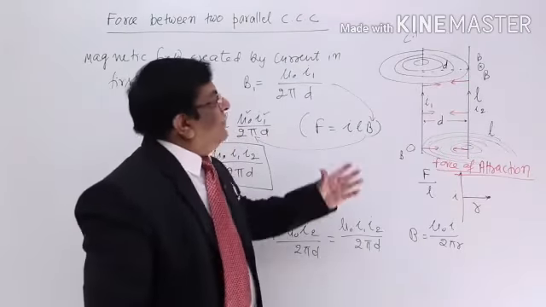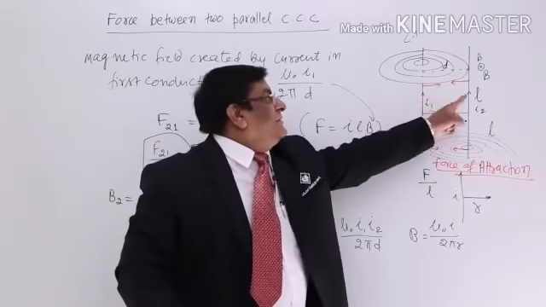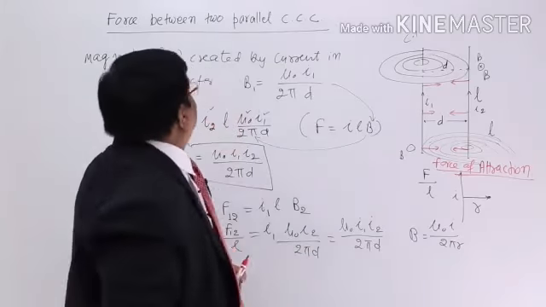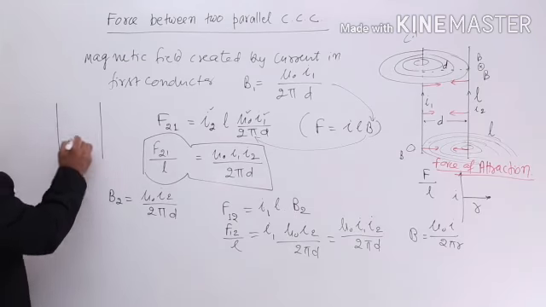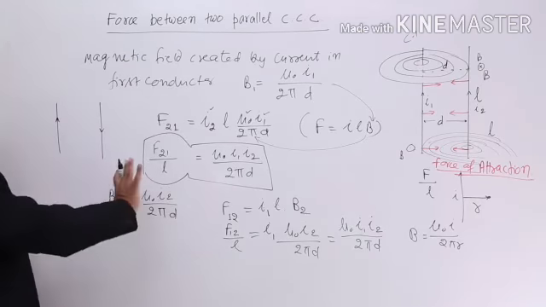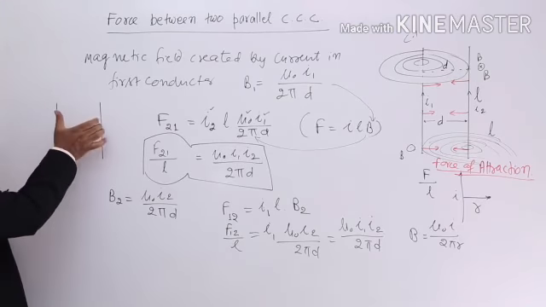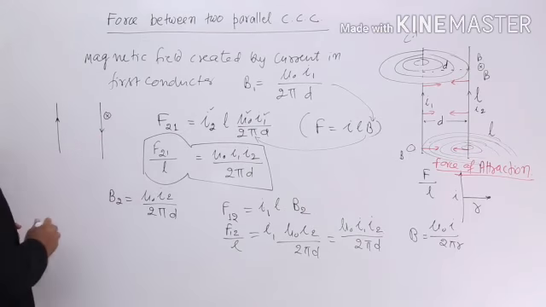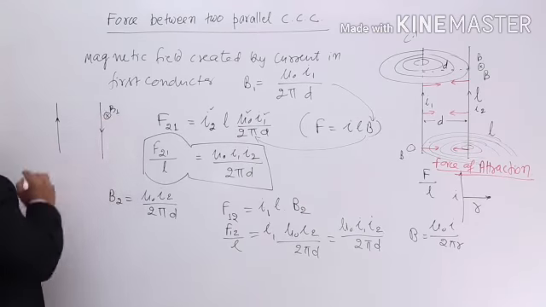Now other thing is, we will do it in this also. If the direction of the current is not same, if it is opposite to each other, that will be case number 2. I will put it here. It is very simple. This is current, this is current. Everything remains same, no change. Only thing, direction change. For this current, the direction here is going inside this magnetic field inside, which is made by conductor number 1. I will write it B1.